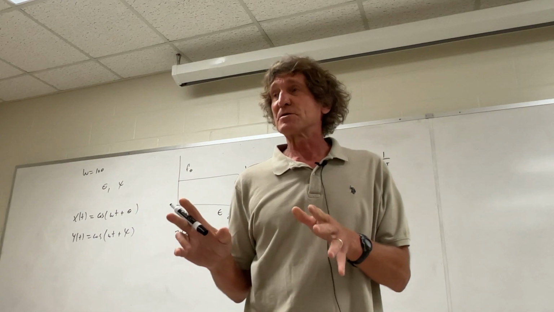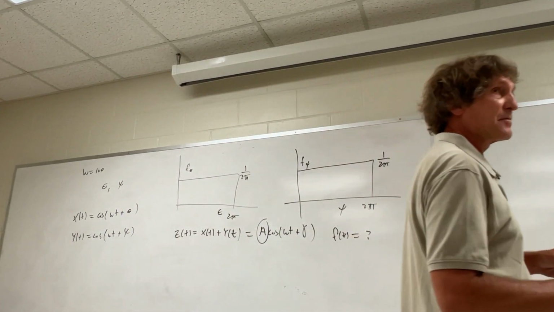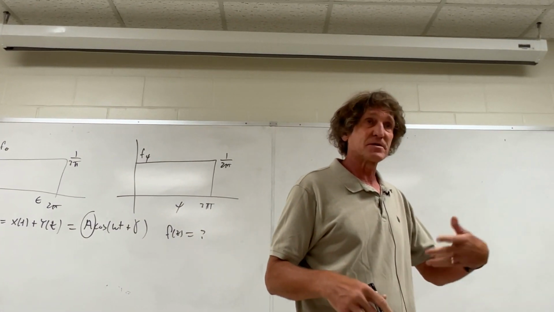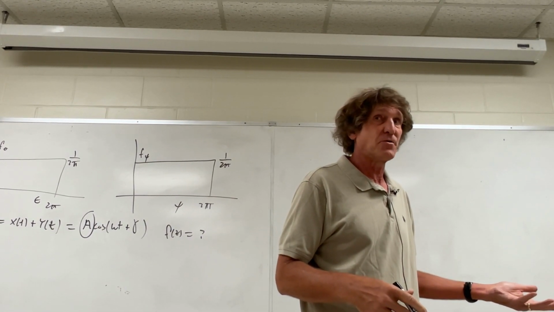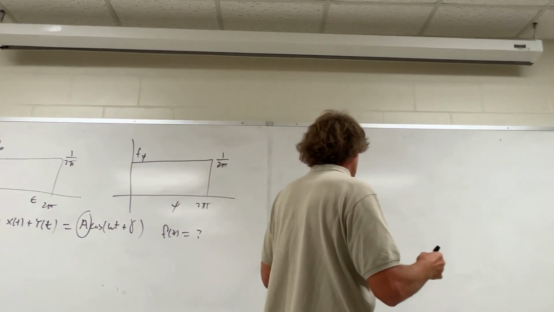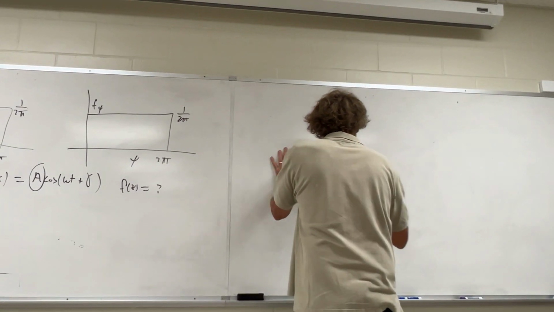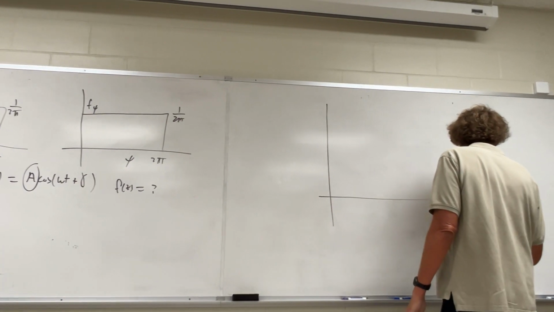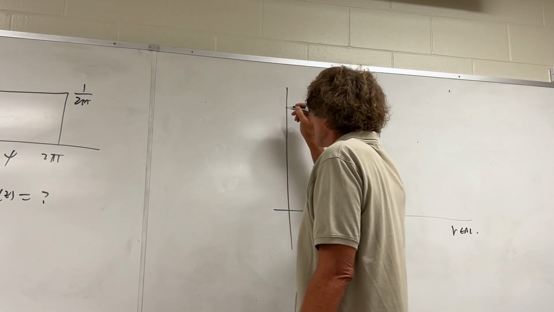But please just watch me on this one and don't freak out, because if you look at the trig identities, you'll get lost. At least I think you're not going to find a couple of trig identities that will make this happen. It's a lot tougher than you think. So if this is the real axis, and this is the imaginary axis,